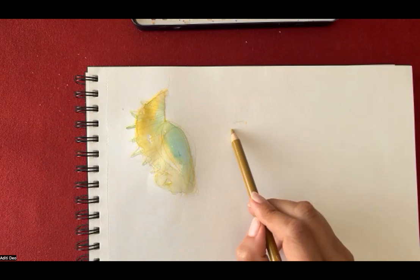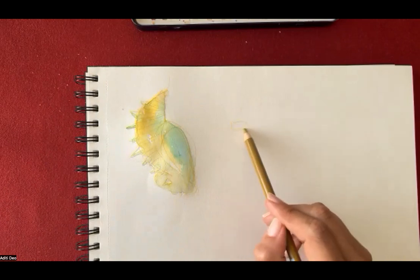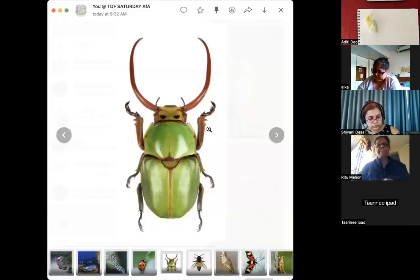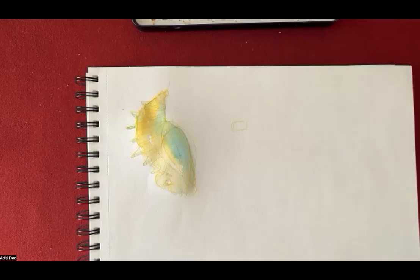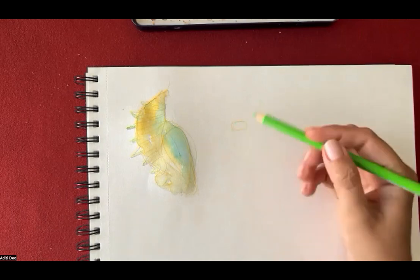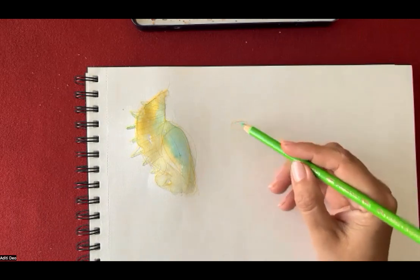In this case also, you can... It's the green one, Aditi. The green one, correct. Okay. I will clarify this one. Yeah, perfect. So you can use more than one color to draw it also. Now that we have so many colors in the color pencil kit, you don't need to stick with just a yellow. So in this case now we can draw